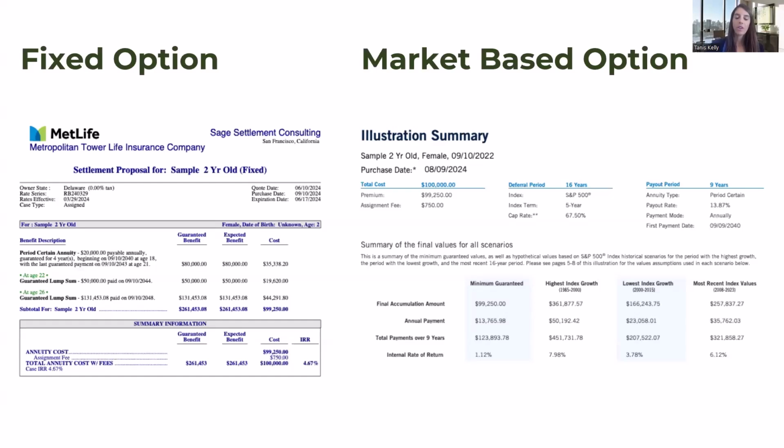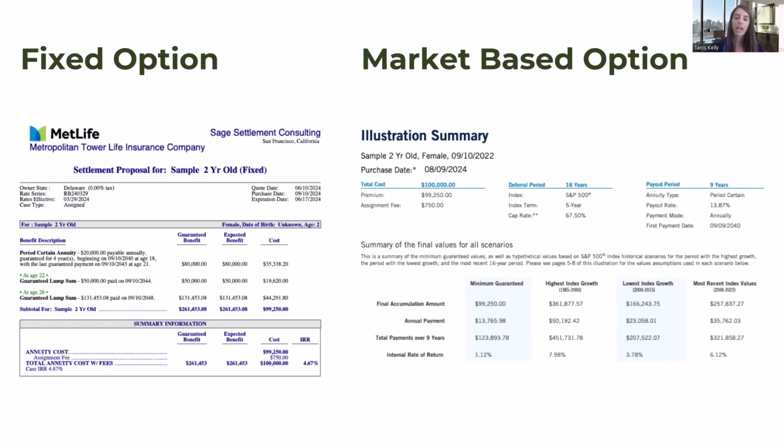In this scenario, we took the same 100, and we are deferring it in an indexed annuity, which means it is tied to the S&P 500. In every 5-year period, they're locking in the gains that the S&P 500 has had, up to 67.5%. And if we look at taking that 100 and having it pay out from age 18 to 26,